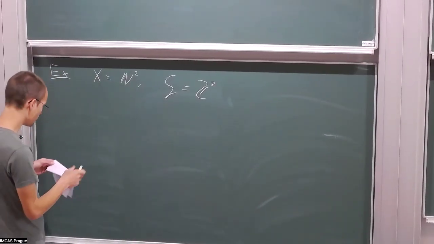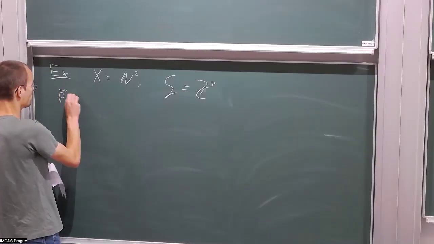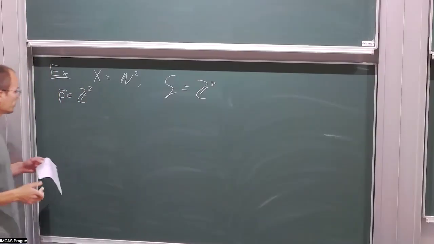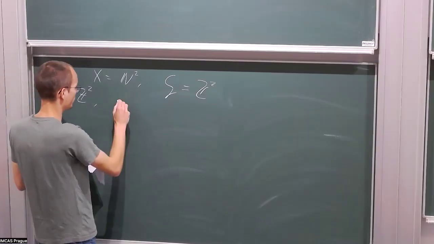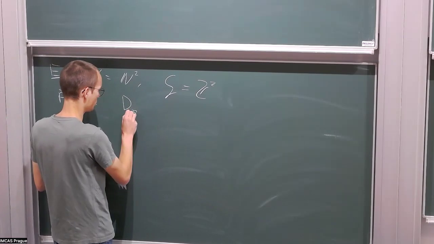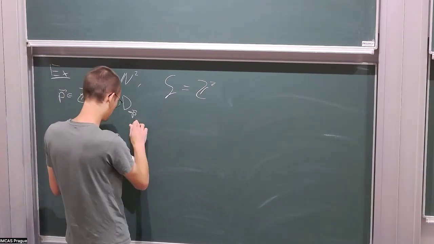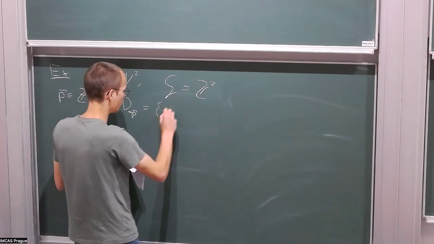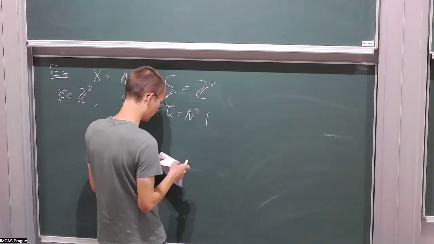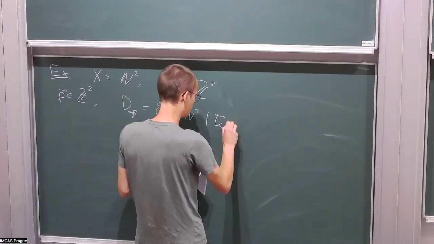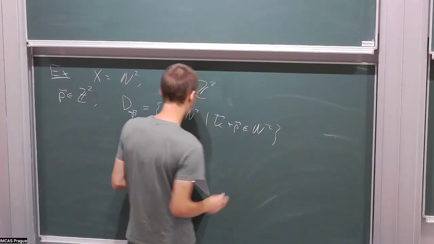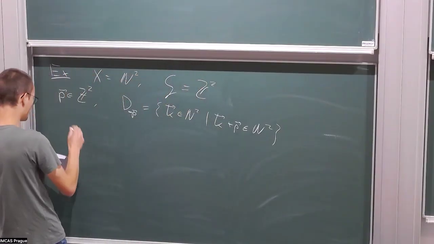For any point p in the group, we can define a set D minus p to be all those k in N squared such that k plus p is still in N squared. And then we define a partial action